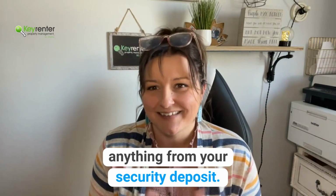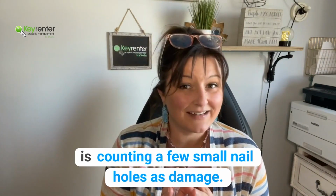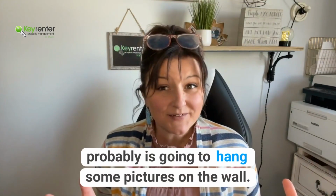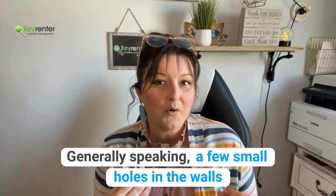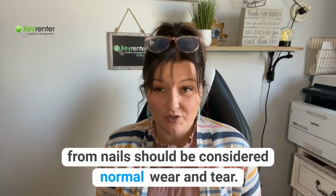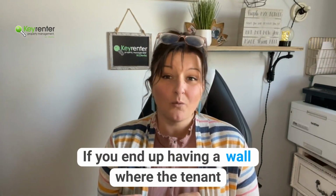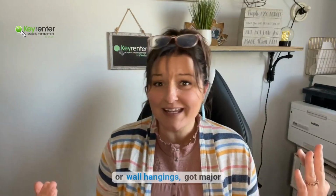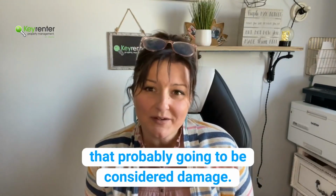So, let's move on. The first big mistake that I see is counting just a few small nail holes as damage. So your tenant probably is going to hang some pictures on the wall. Generally speaking, a few small holes in the walls from nails should be considered normal wear and tear. Now, if you end up having a wall where the tenant had a big collage of pictures and wall hangings and you got really major screw holes and 30 plus holes in the walls, then that's probably going to be